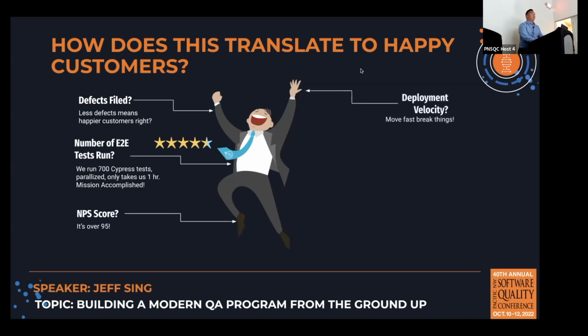This new one is development velocity. Hey, move fast, break things, right? That's what Facebook said. But Facebook even changed it, right? It's no longer move fast, break things. What is it now, right? Move fast with stable infra.